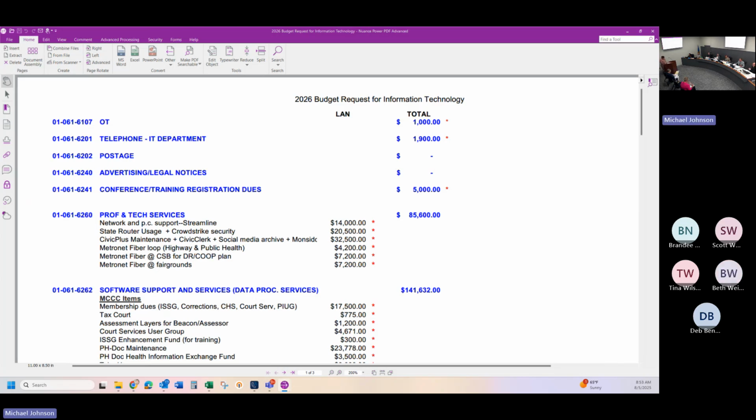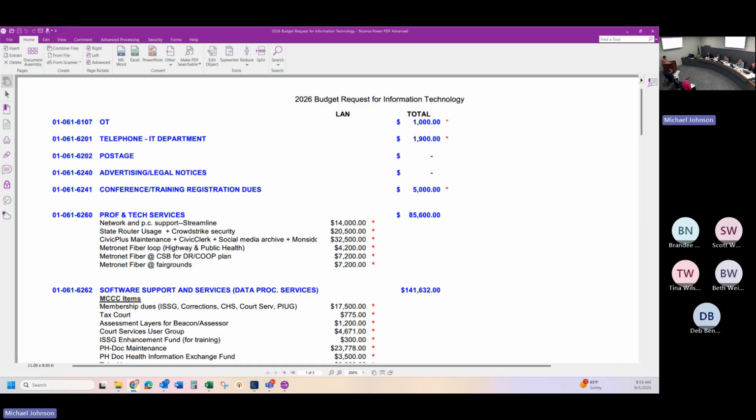I handed out to each of you a spreadsheet. This is my detailed spreadsheet that I've used since I started here. It just helps me keep my dollar items in check for each line item that I spend. Granted, not every single thing I purchase is in this, but this is the bulk of the big items that I go through every year, see what's going to go up. Nothing ever goes down, except our Verizon bill did a little bit. So, I just wanted to run through it. Some of it's very self-explanatory, but,